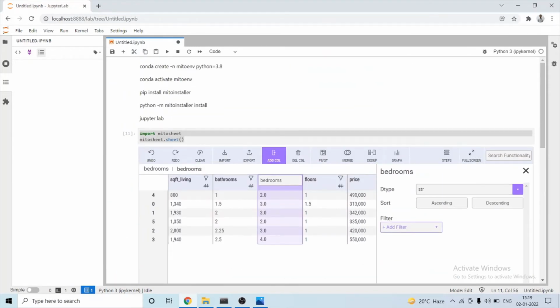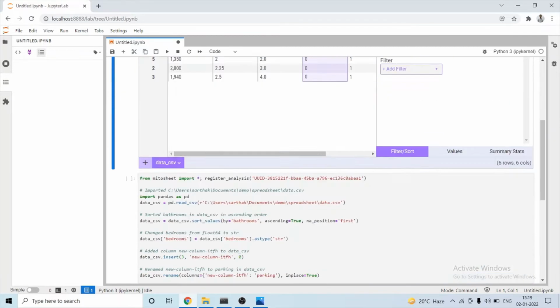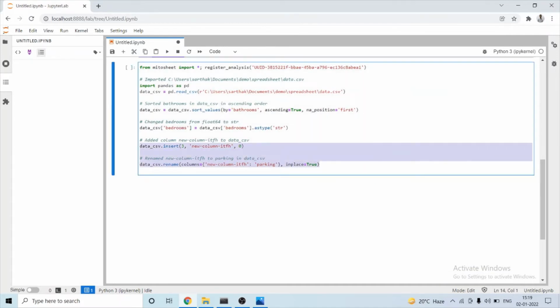You can even add a column and give it a name, let's say parking. It will generate a separate column and the corresponding Python code. It has inserted a column at the third position, and we have renamed the column from this to this.